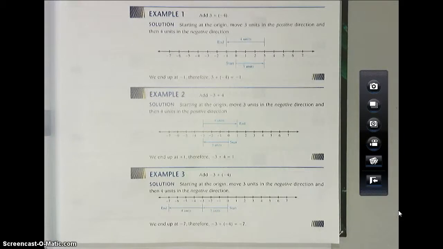And I hope that is going to help make a little bit more sense of what an addition or subtraction problem truly is. We're just moving around on that number line. So we start at 0 and then we move to a point, and then we're adding or subtracting, meaning simply that we're going to the left or the right based on what that problem is telling us. So if we move on,